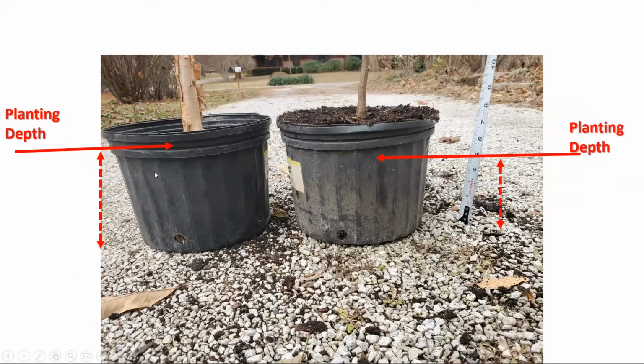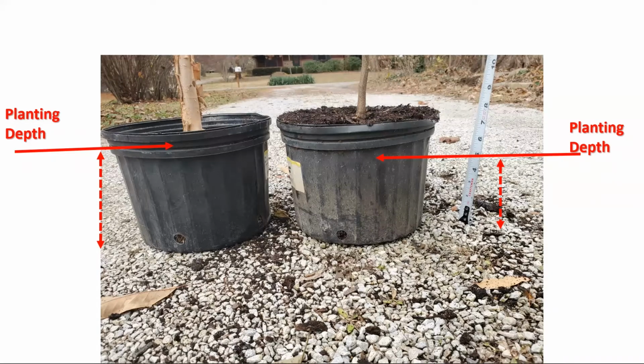And even on the river birch, it becomes a bit of a challenge to figure out its depth because there's a little bit of a lip to the pot. So I wasn't really even planting this the full depth of the pot. If you're ever in question, I tend to err on the side of a shallower hole rather than a deeper hole, and again, to try and keep that root flare at the soil surface.